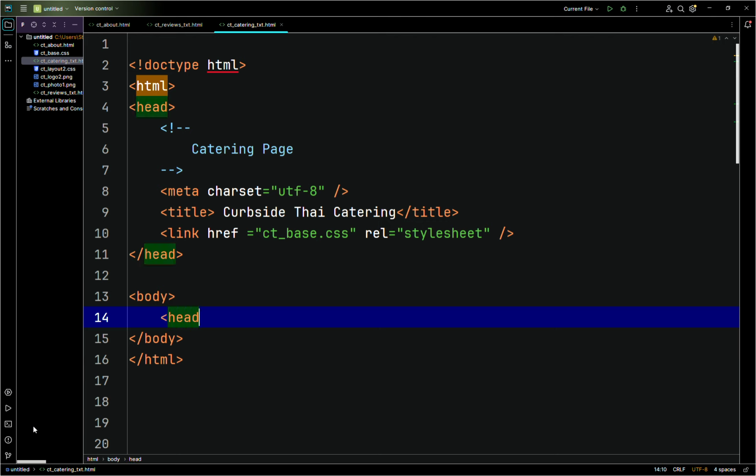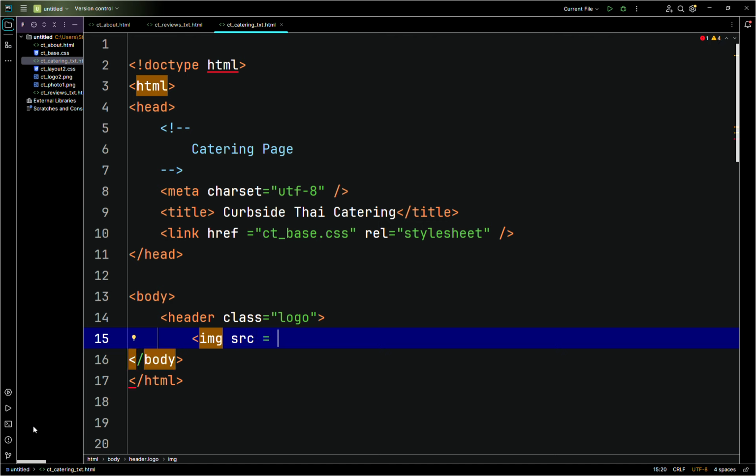Open up a block here, header class points to logo. Here we'll say image, src points to ct underscore